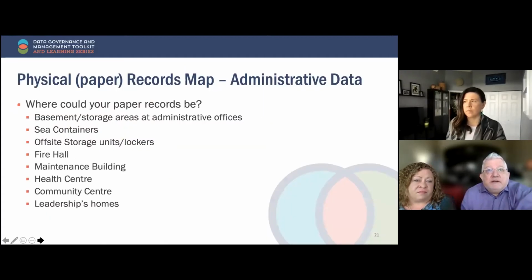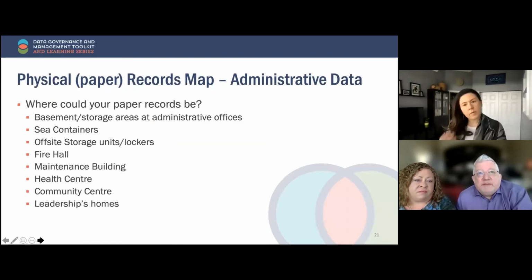Administrative data are information created and maintained by Indigenous governments for the purposes of carrying out various business functions, but not for statistical programs. We have a list of administrative types that we've drafted where you can find administrative data. You can use this list to assist you in your research. I understand Allison has put the link, or will be putting the link for the document in the chat.